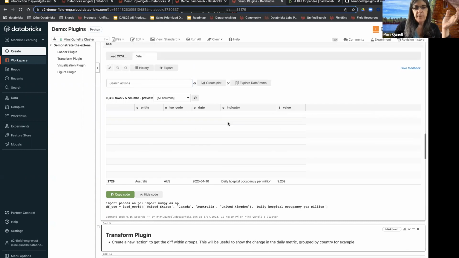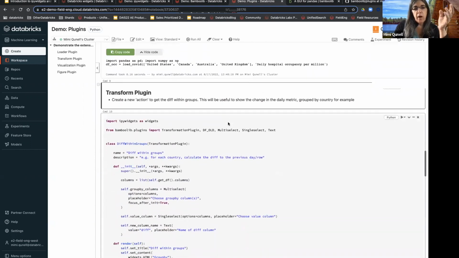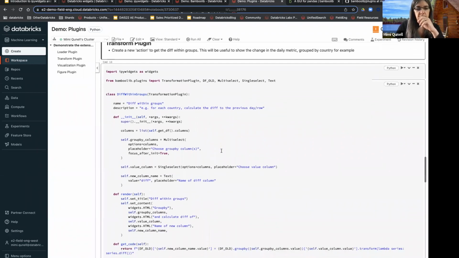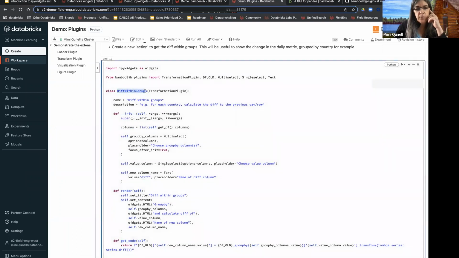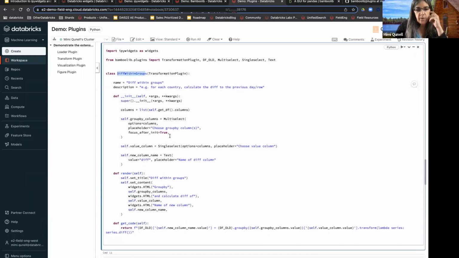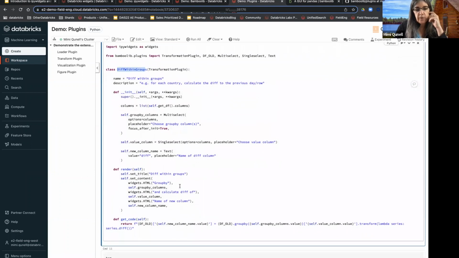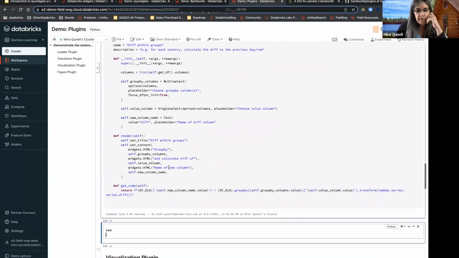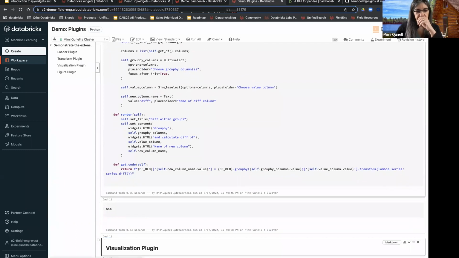So that calls for a transform plugin, and I'll wrap this up after the transform plugin. So I'm going to create a new plugin called diff within groups, and what it's going to do is it's going to sequence your data, allow you to select a group by column, and then it's going to calculate a diff based on the value. So I've just run the code to create this. Now when I run this again,